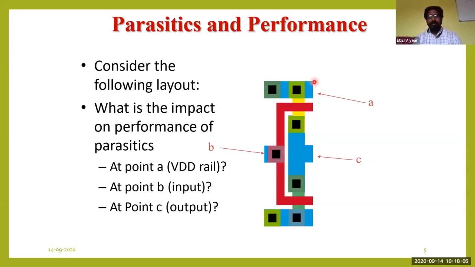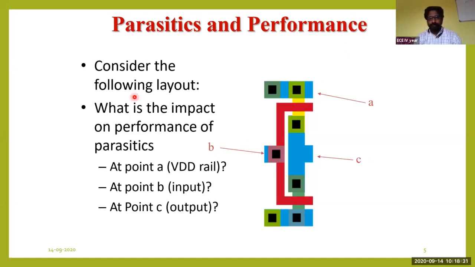Parasitics are nothing but what we call unwanted capacitances or unwanted resistances, which we don't actually want in our circuit. But because of the circuit connections, or small mistakes of the designers, these parasitics might evolve, and we are supposed to look into the design in order to minimize or remove the parasitics.